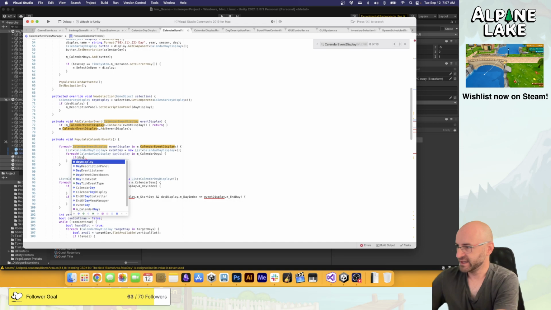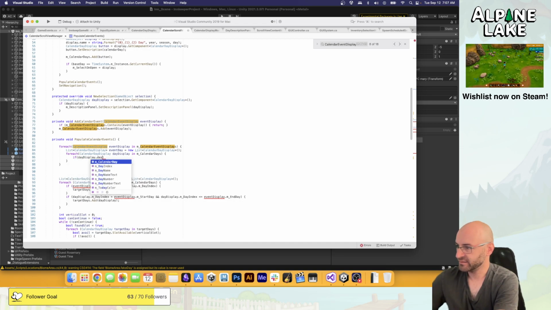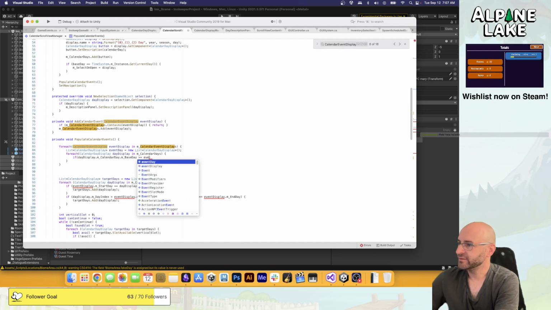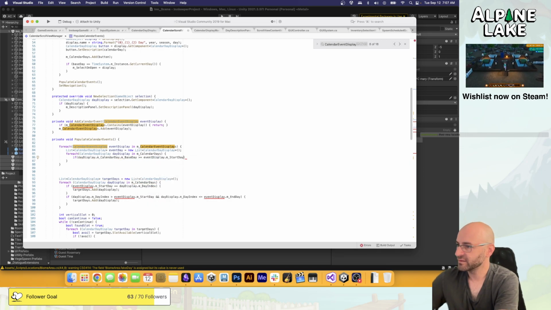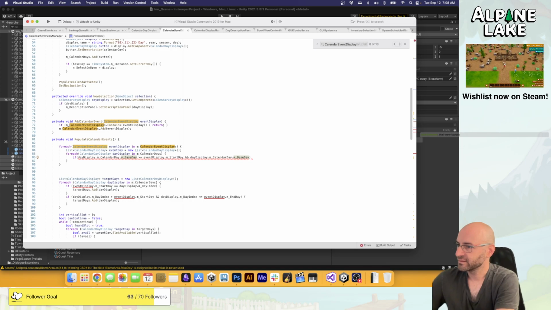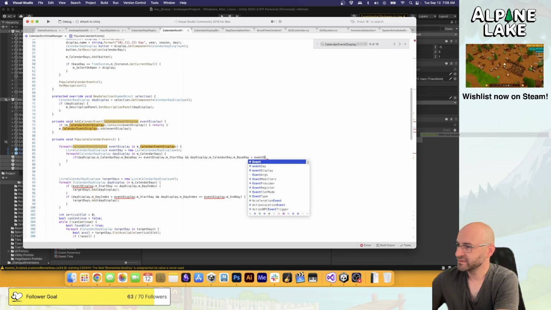So if day display dot day dot base day is greater than or equal to event display dot start day and day display dot calendar day dot base day plus event display